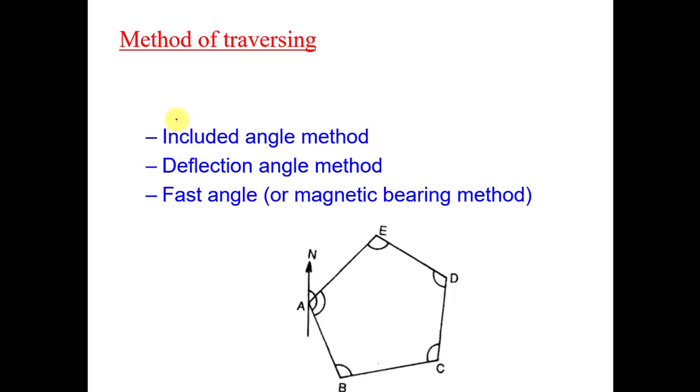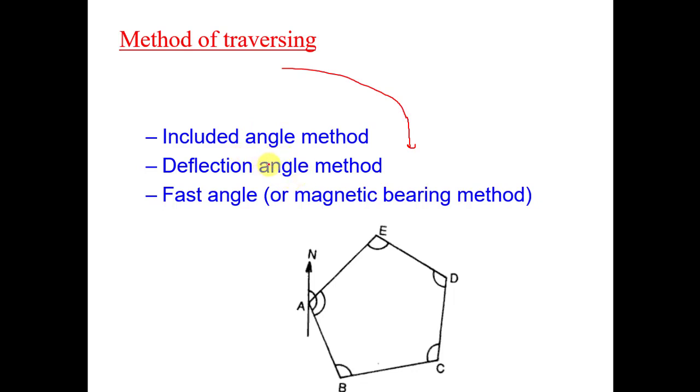So what is the working of your theodolite? We have traversing, which is the principle of your compass, and in the compass we calculate our angles. The same angles we are going to calculate with the theodolite. That's why it is known as theodolite survey, and the principle is again the same. In traversing we have two types: the first one is closed and another one is open traversing.